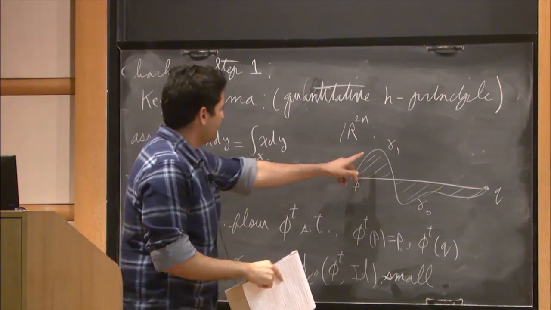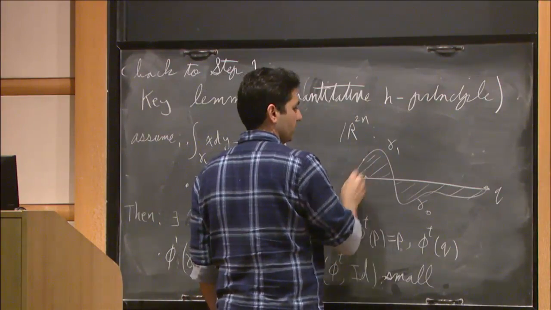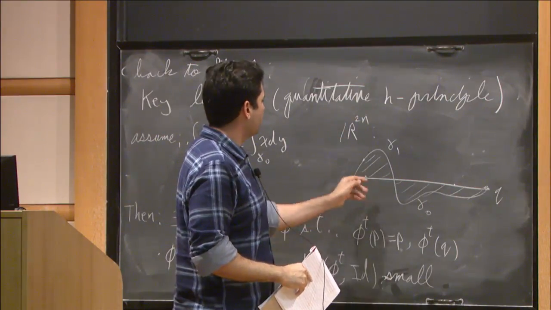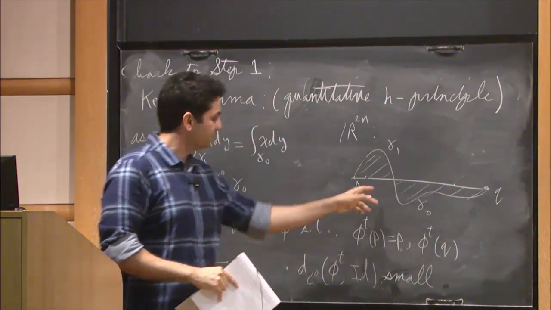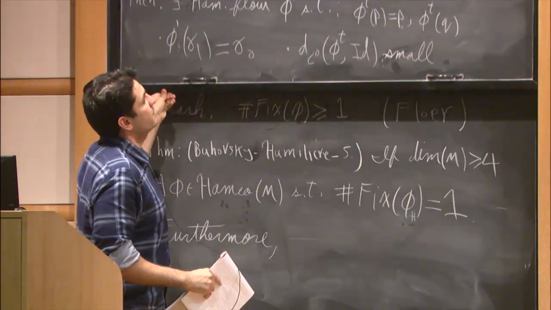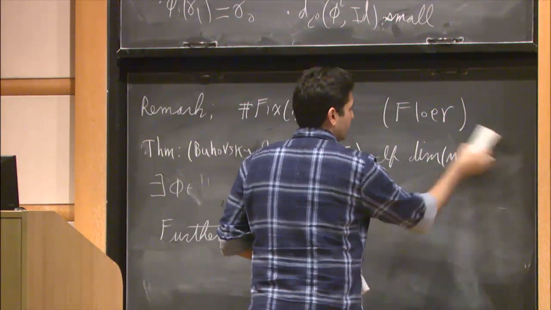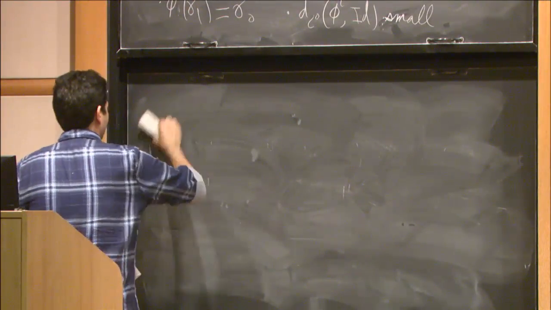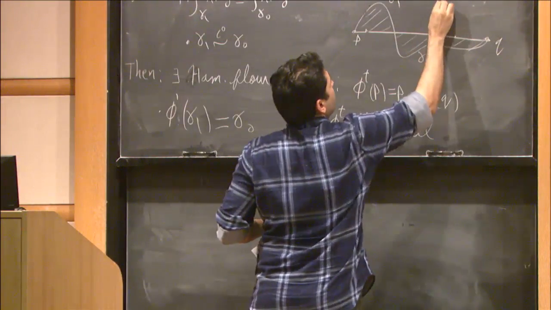So in the lemma before this part, it could have been that this point, which is close to here, ended up over here. That would produce a large isotopy. But since we need C0 control, you prove a lemma that says you can find an isotopy that sends this point, which is close to here, exactly to there, or close by. This is not a very difficult quantitative H principle to prove. I think it's a very believable statement. And it's true in dimension 4 and higher. So here, R2n, n greater than or equal to 2.